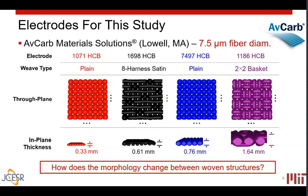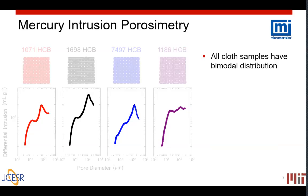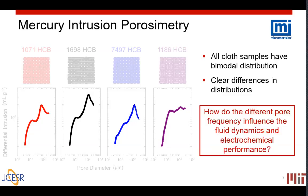And so the question that we had for these materials was how does the morphology change between these woven structures at the microscopic level? And so again, we used Mercury intrusion porosimetry as our diagnostic technique to look at the different frequency of pore sizes for these 4 carbon cloths. What we found is that for all 4, there was this bimodal distribution that we had noted in the previous study. But focusing more on the distributions themselves, there are clear differences in particular to the frequency of the different pores available. And so because there is this variation of frequency of pores, with materials all having the same carbon fiber diameter and carbon fiber structure itself, we were curious as to the effect on the fluid dynamics and the